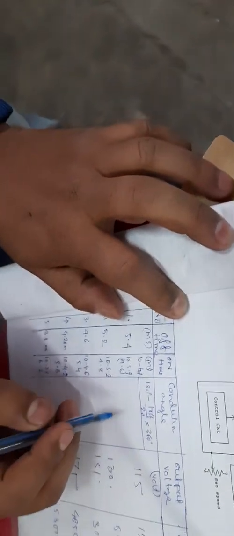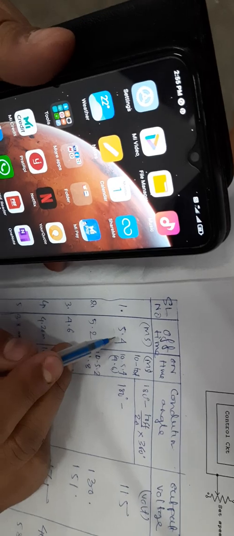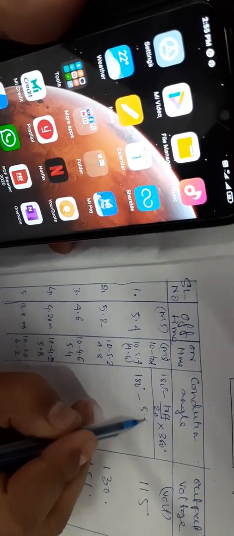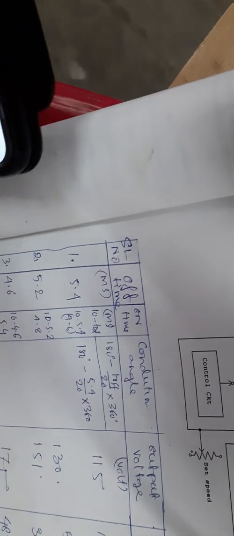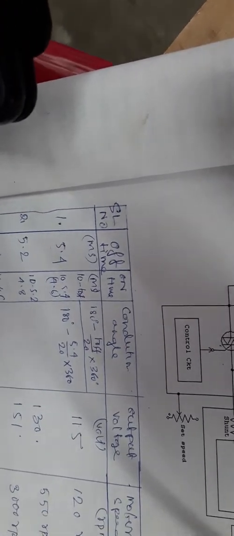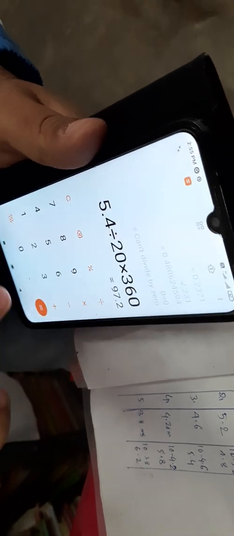কিন্তু একটু ক্যালকুলেটর হলে ভালো হতো, হাতে তোমার মোবাইলটা বার করো। So 180 degree minus T off is how much? 5.4. 5.4 divided by 20 into 360, so it will come to be 5.4 divided by 20 into 360, 97.2 minus 180 করে দিই.